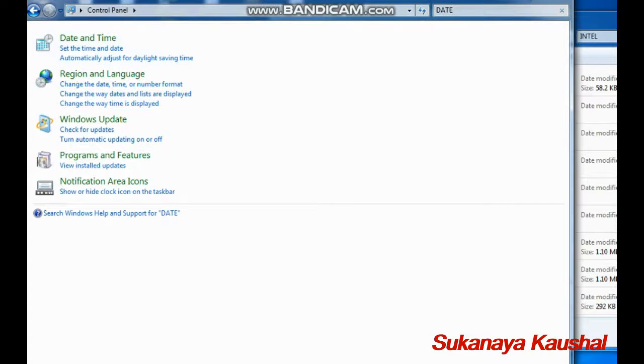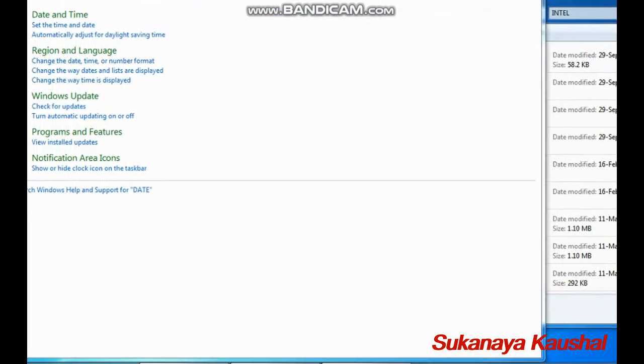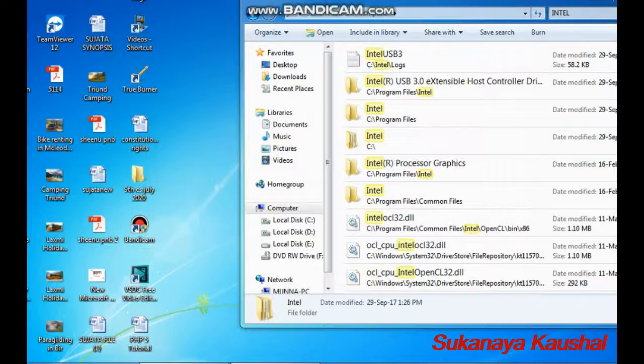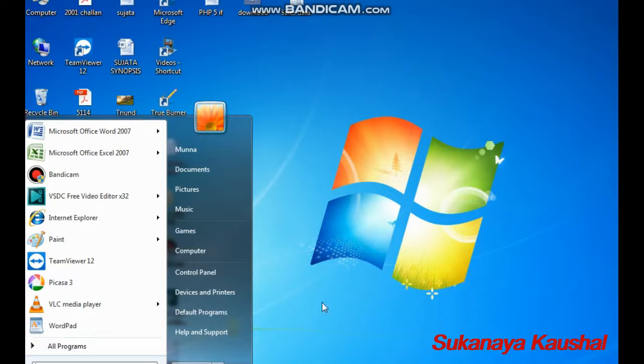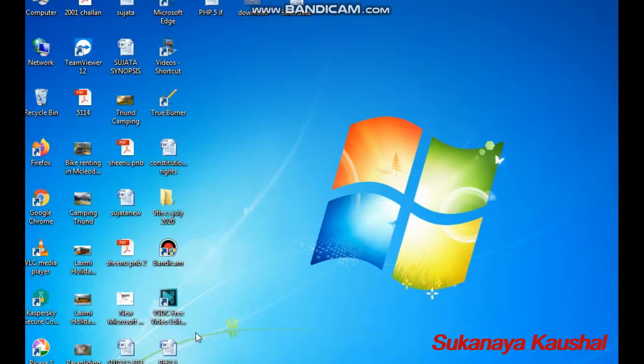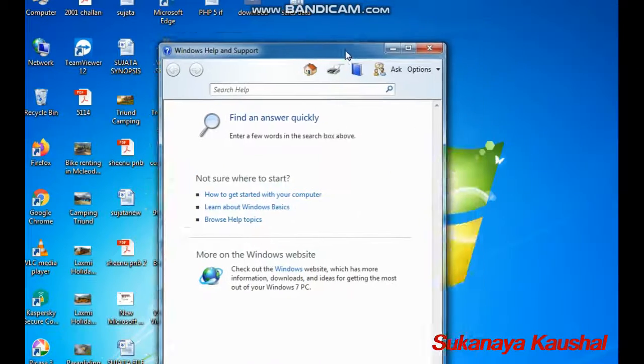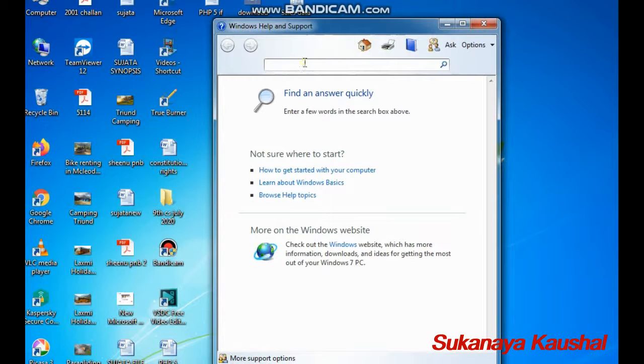Next we have the help. By pressing the F1 key, the function key, we can find some things for help purposes, and how to get started with your computer, how to learn the Windows basics.